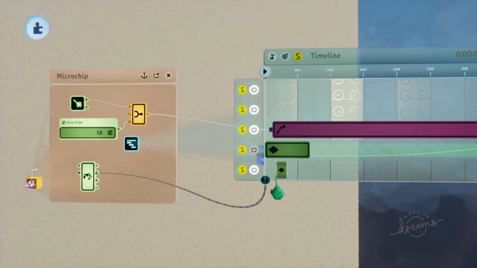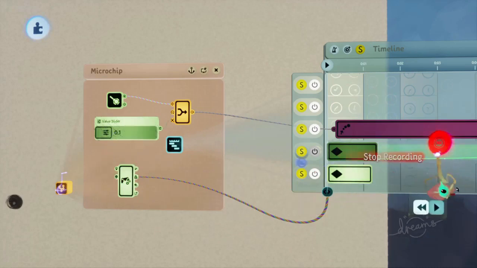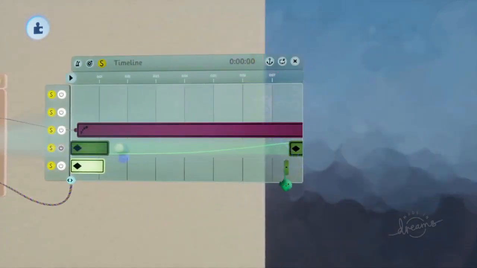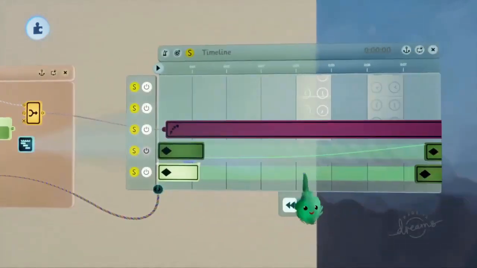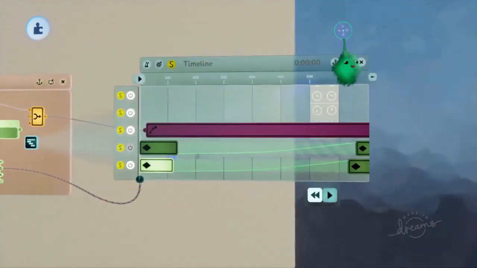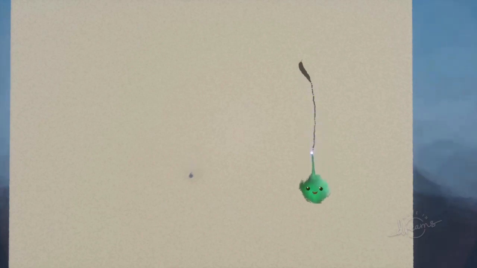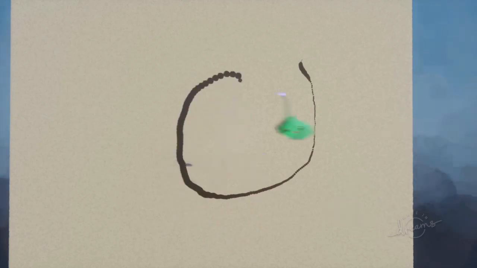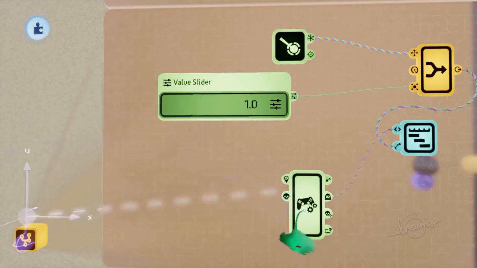So this will be the smallest amount. And the largest amount, 100%. Put a scale between them, and like that. And now the more we pull R2, the larger the dots will be when they're emitted. So if I hold it really lightly, and if I pull it more and more, like that. And then to be able to make it so the player can kind of affect the maximum scale of this,